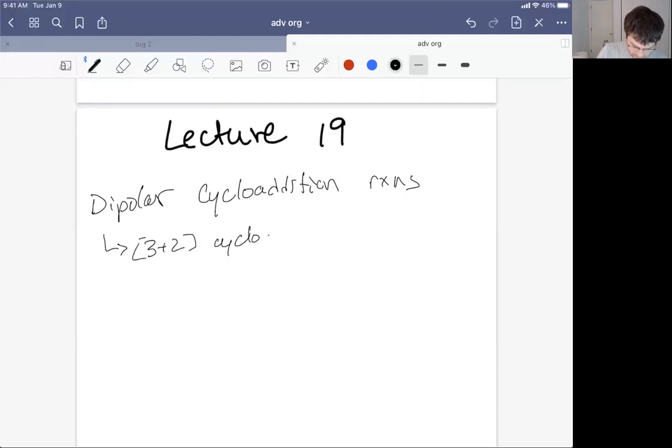Interestingly, some members of the community hate one of these terms over the other, so I'll just share them both with you. Some people hate 3+2 cycloadditions. Some people hate dipolar cycloadditions. Anyway, we'll just include them both and note that these are cycloaddition reactions